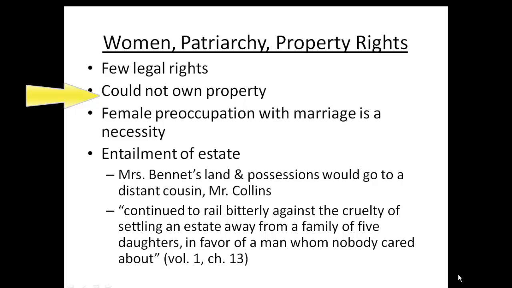Hence, depending on their fathers to, quote, give them away into a lucrative marriage union. After father's death, his land and possessions often passed to the male heir, either a son or another relative, leaving his wife and daughters entirely at the mercy of other family members. Strict inheritance regulations, known as entailments of an estate, determined how property would be passed through several generations within a family.